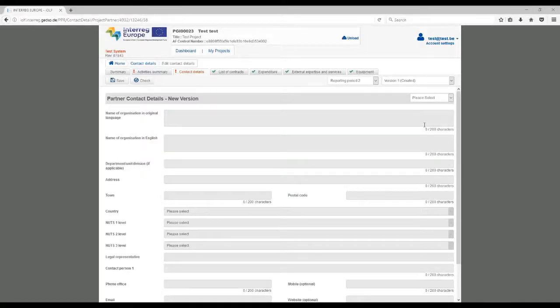In your partner report, you will see a Contact Details tab. You actually don't edit your contact details here. What you can do here is to select the version of the contact details from the drop-down menu here on the right-hand side. If none of the versions that you see here corresponds to your current contact details, you need to create and submit a new version of the contact details, but not here. It has to be done on your dashboard from the